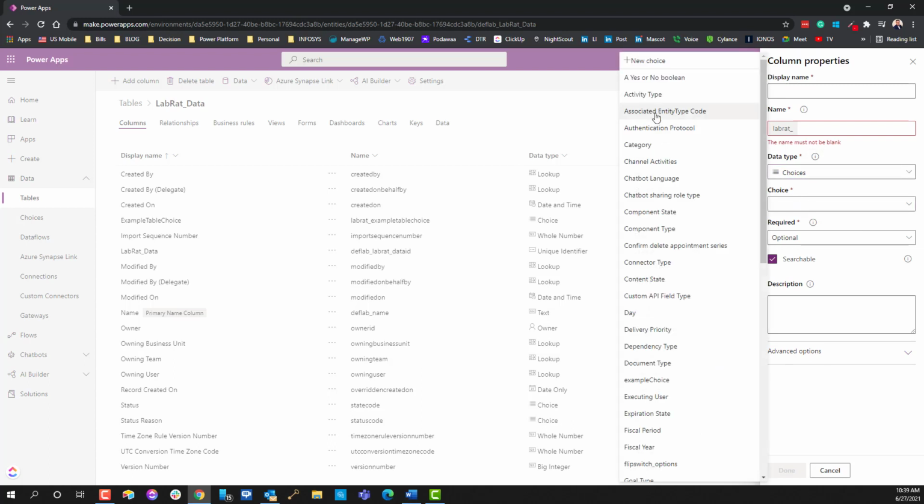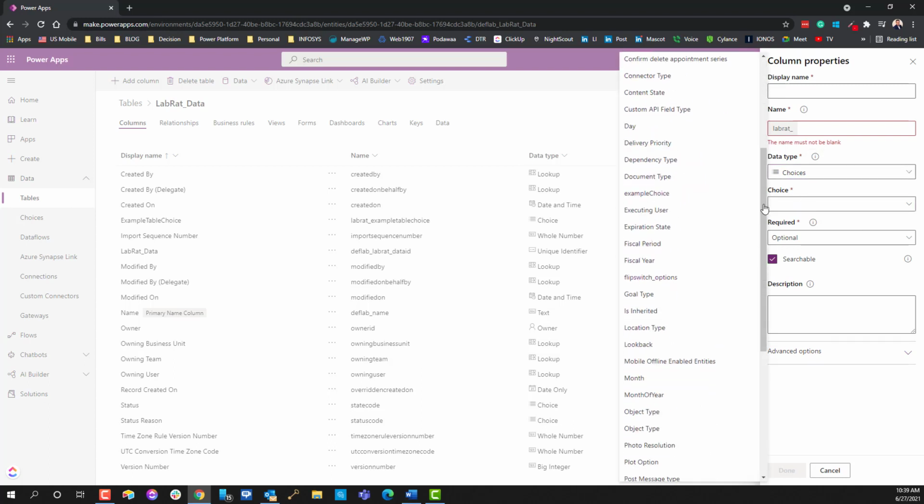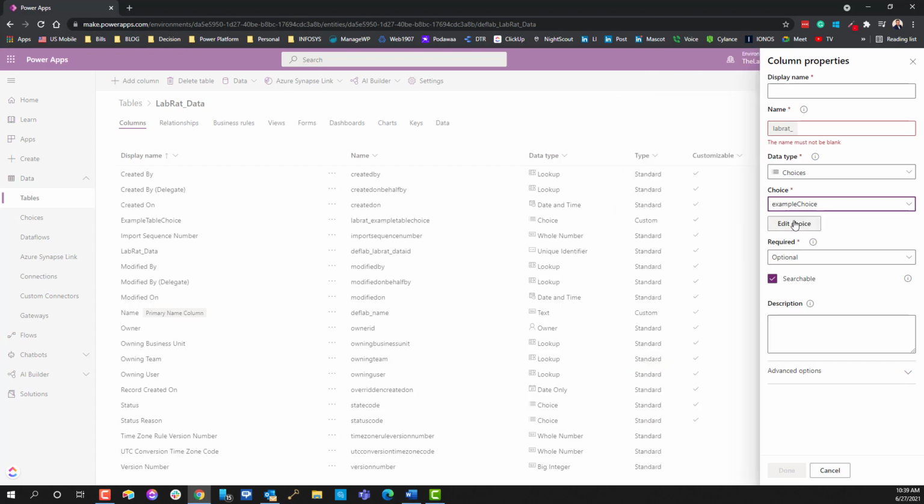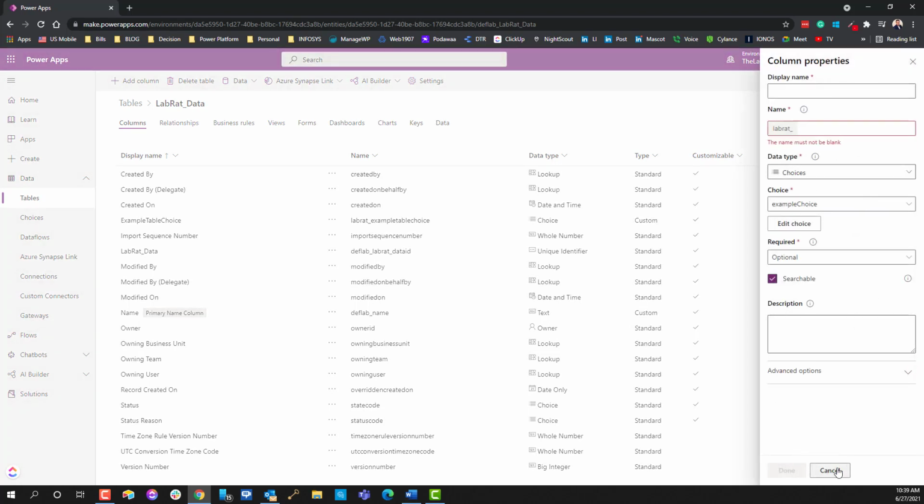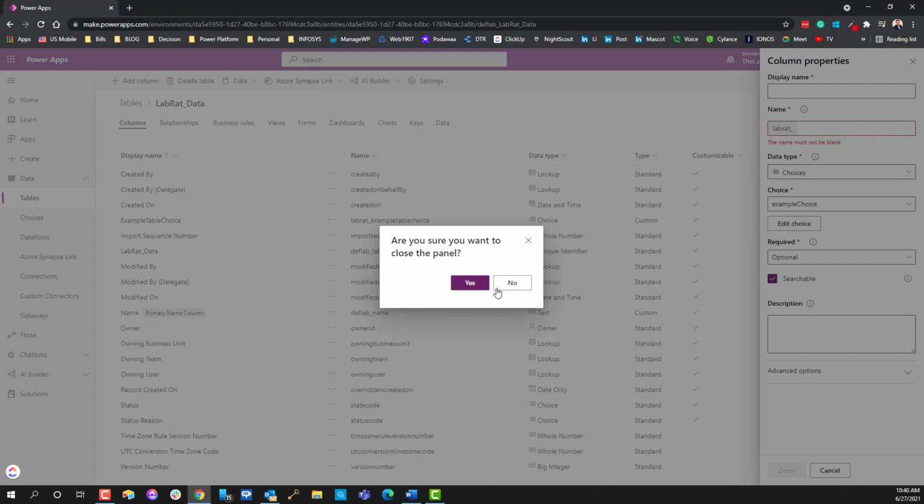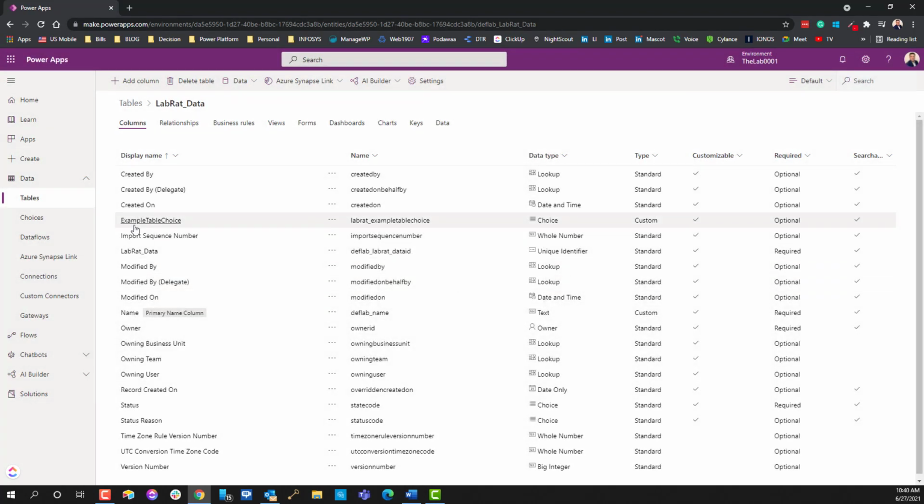And then you come over here and you use your drop down. This is where I can choose the example choice. And then from there, if I go in and edit choice, you can see that that's where we were earlier. I've already gone ahead and done this. Do I want to close the panel? Yes. And so I already have this column called example table choice. I used the word example table choice so that I know that this particular